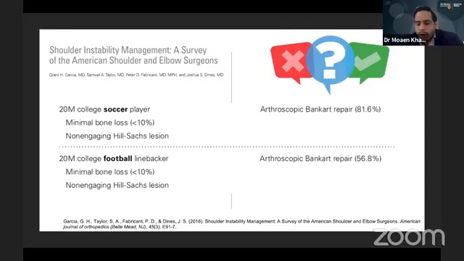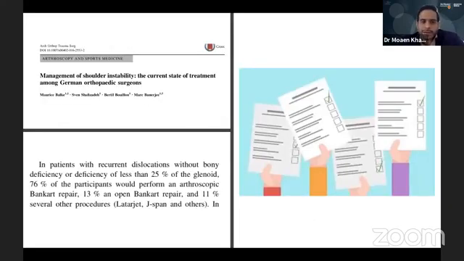There is no sort of gold standard treatment option. So these are different survey studies that have been done of surgeons. This is a survey of the ASES group, and they found that, again, there was no consensus with how certain players should be managed when they have minimal or some mild degree of glenoid bone loss. Again, this is another survey of German orthopedic surgeons, and again, there is some variability with current practice